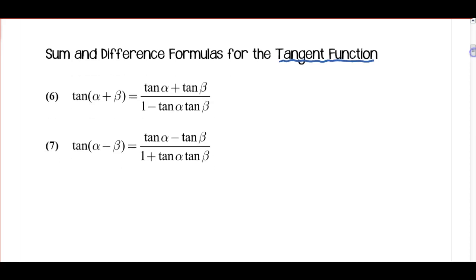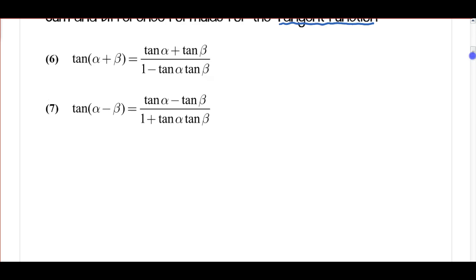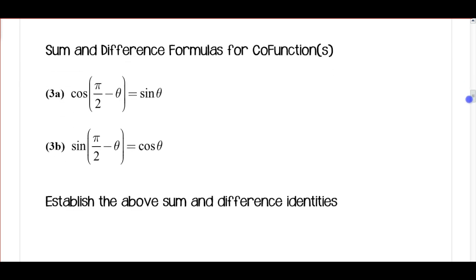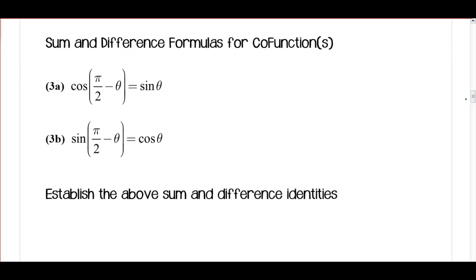And then the tangent formulas are a little bit different. They're in fractional form. So tan of alpha plus beta is tan alpha plus tan beta over 1 minus the product of the two tangents. And then for minus, it's the same thing except we're just switching these two signs here. So let's move on. Again, we're going to come back to the derivation of formula 2 above, and we're going to move on to applying these